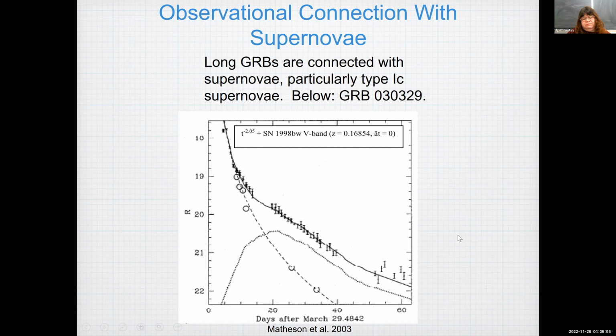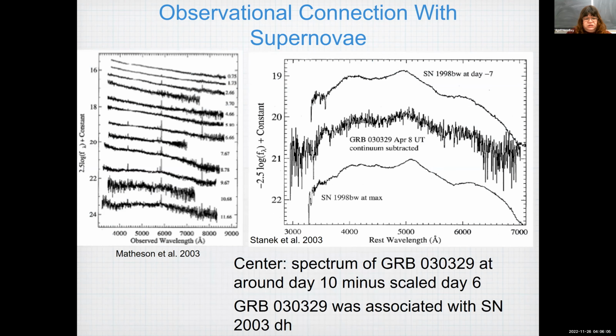In other words, basically the afterglow from this gamma ray burst looked like what they think of as the typical afterglow plus a supernova. They also, same one, looked at the spectrum. They basically took the spectrum about 10 days and subtracted the spectrum about 6 days. And got this and compared it to